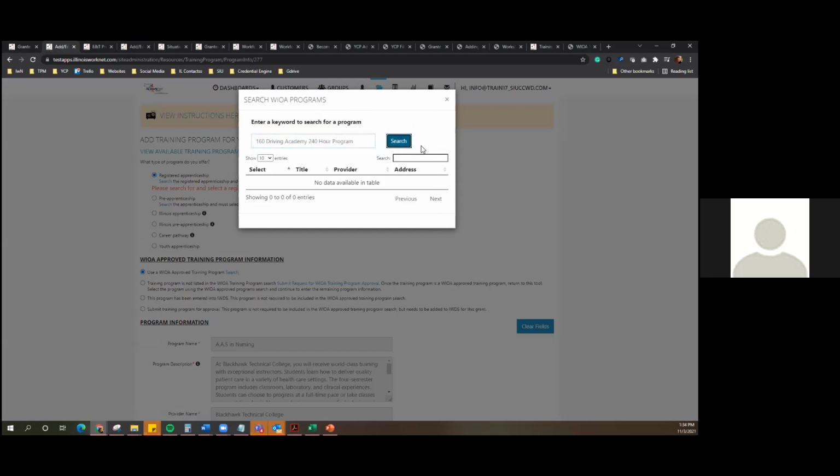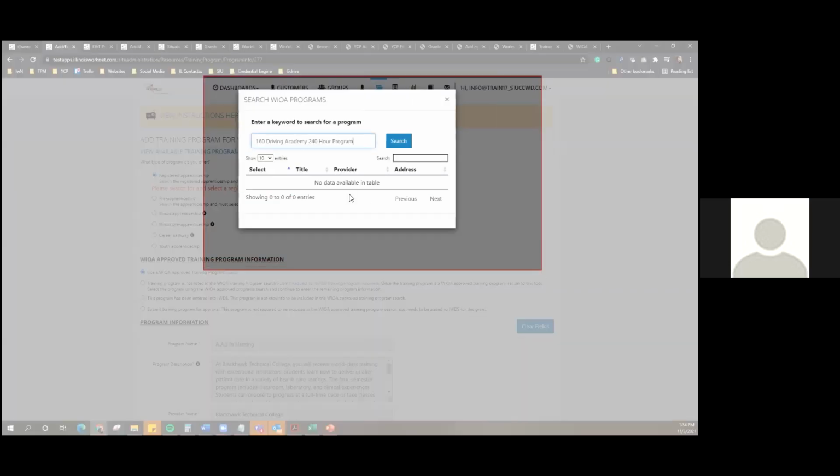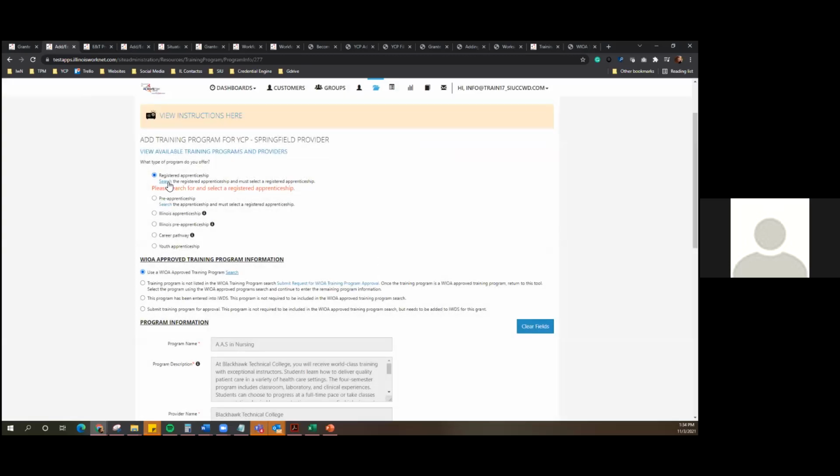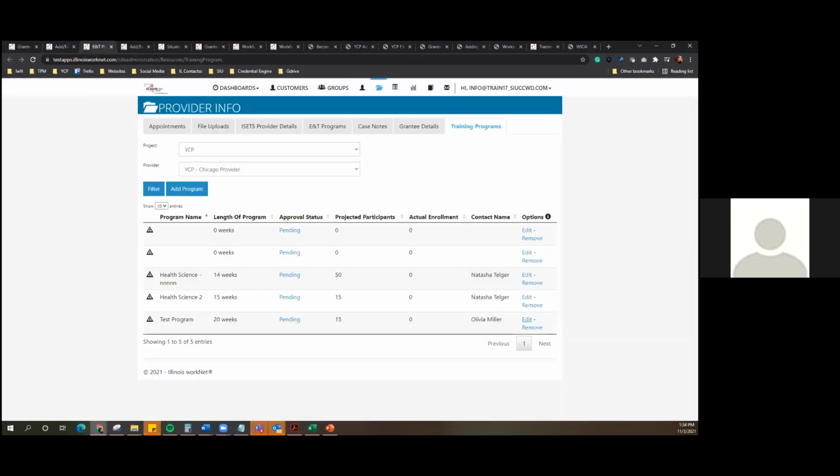Yeah, let me check with our programmer and see what's going on. I know we've had some funky things going on with 160 in the past. So should I hold off on putting anything in? Yeah, I would hold off. That way you could just pull it directly from the WIOA approved list. Okay, we'll do that. Good question. I'm going to send this to our programmer right now really quick so they can hopefully get it sorted out sooner rather than later.